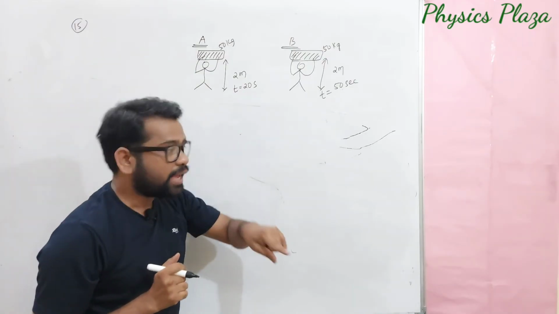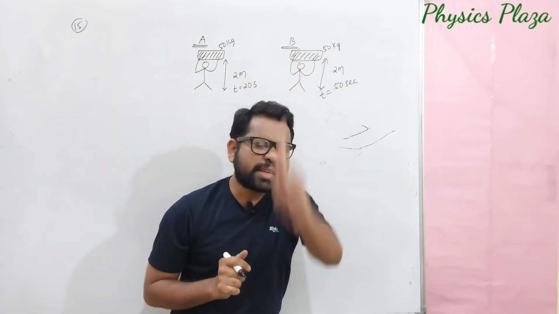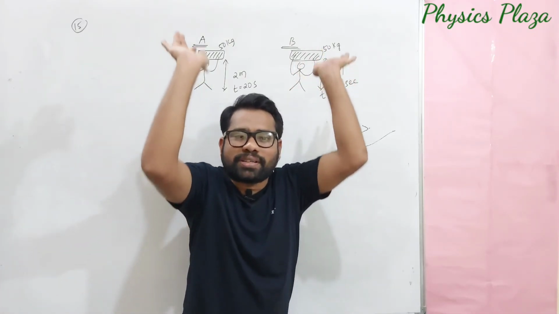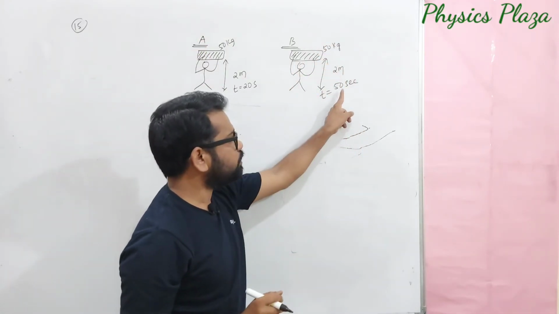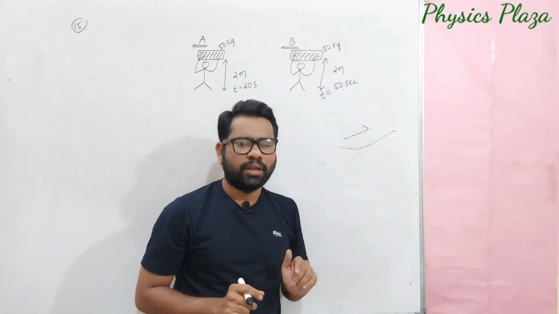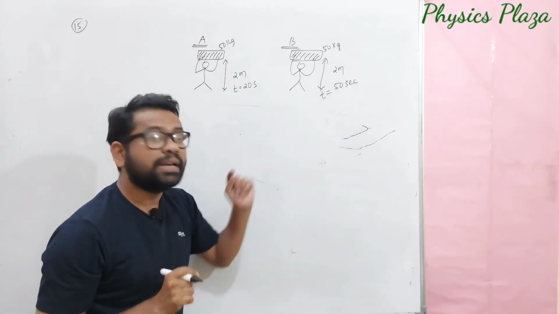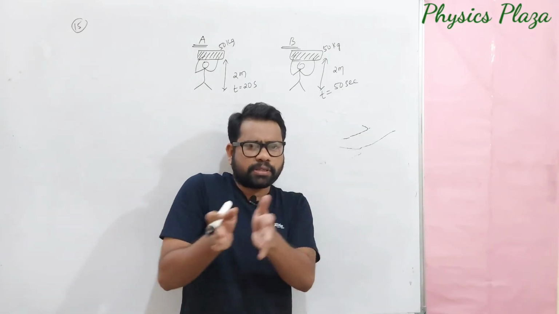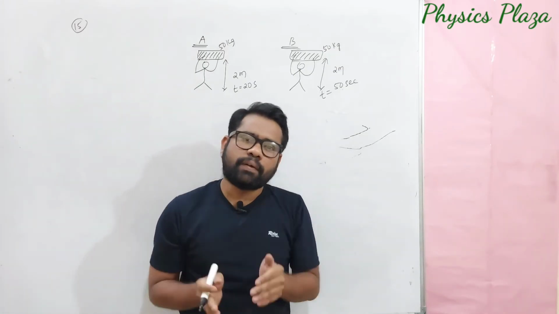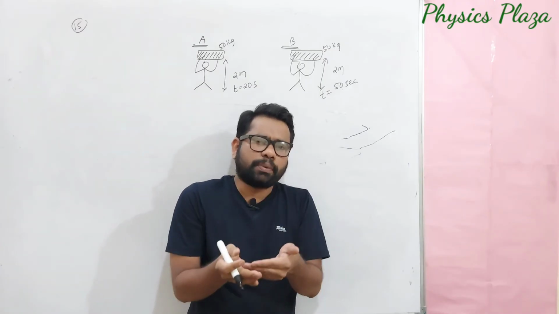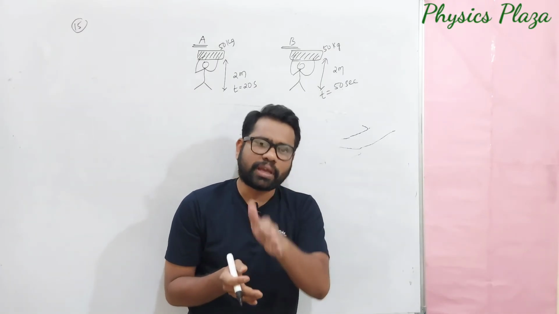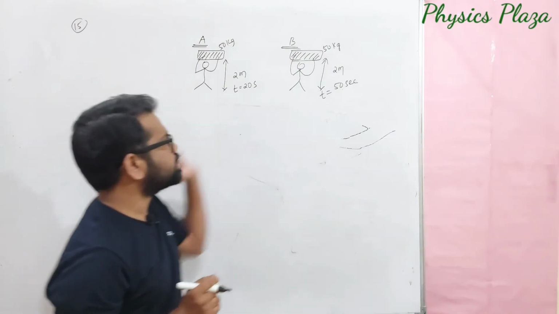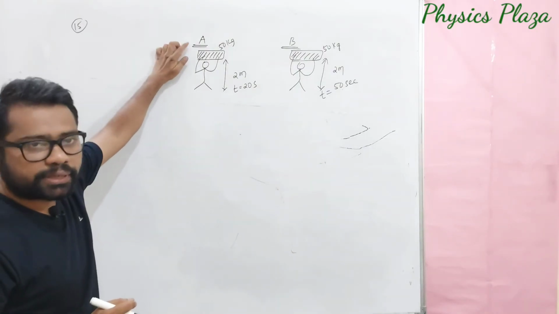Whereas person B also does the same thing, that is a 50 kg mass, he is lifting to 2 meters height only, but he is taking 50 seconds of time. Now it is asked, in a given numerical, to calculate the work done by the person A and person B individually, and the power developed, like power spent by person A, person B individually, and even we need to calculate the ratios also. First let us calculate the work done by the person A.